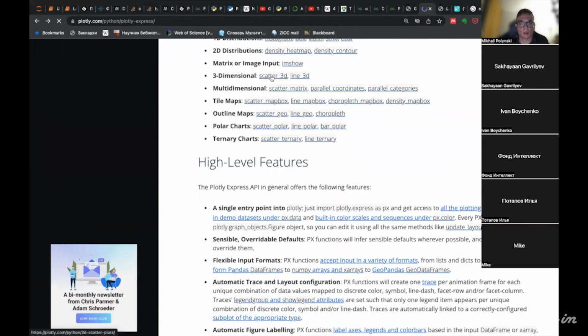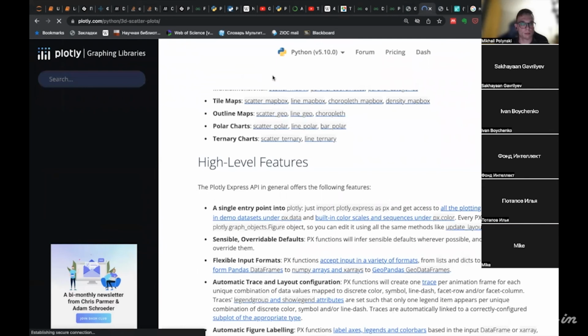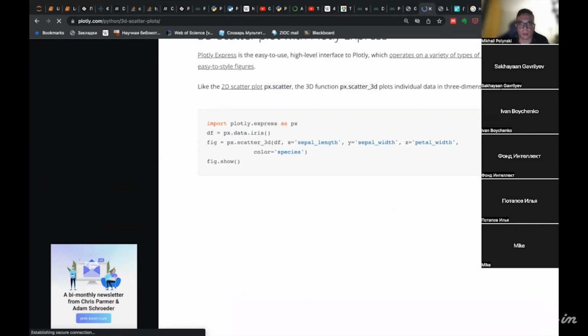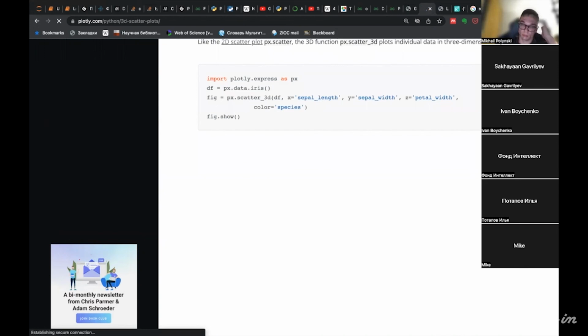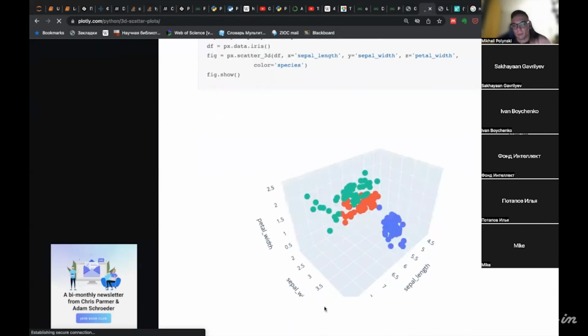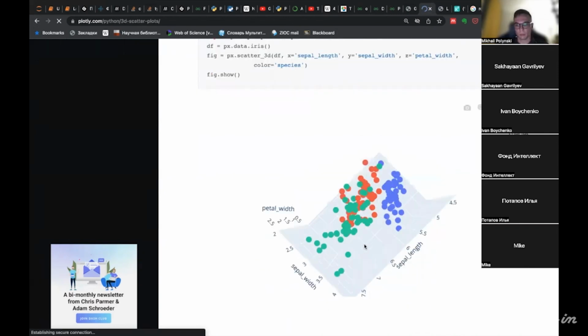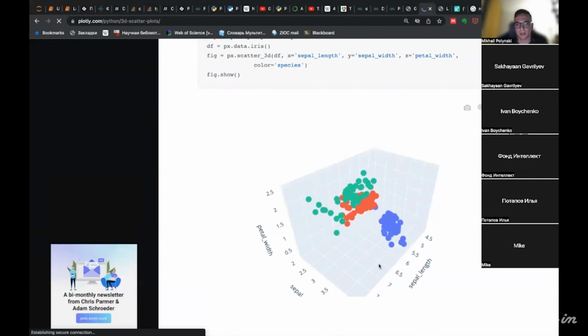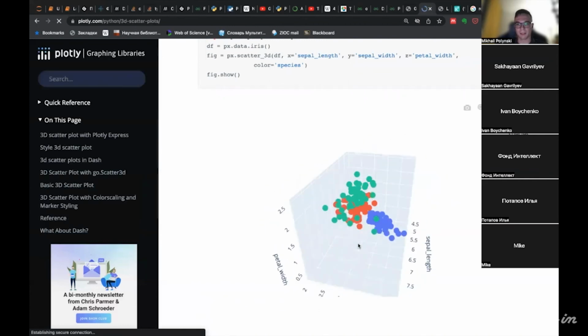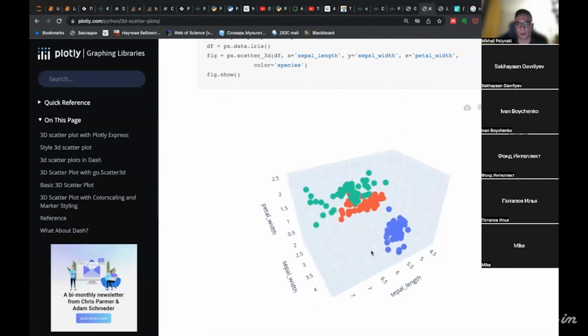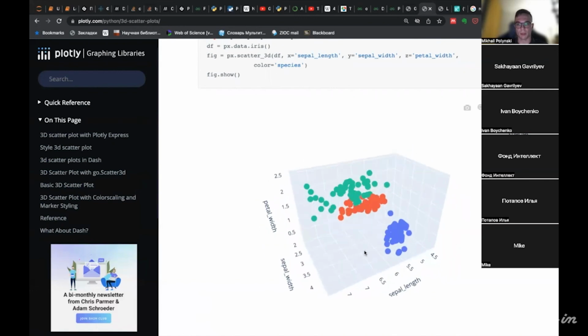Or you can make more complex plots like 3D plots. Note that I can scroll, zoom in, and zoom out the obtained plot.